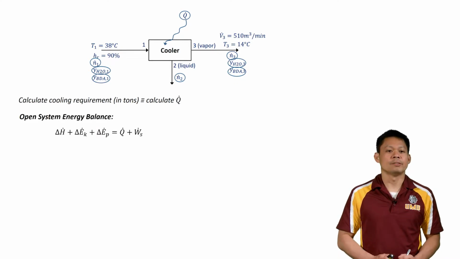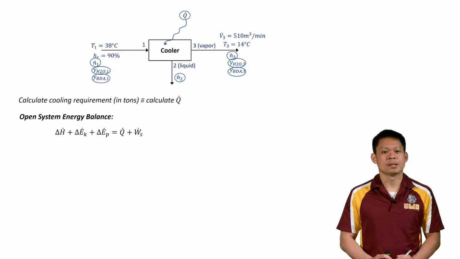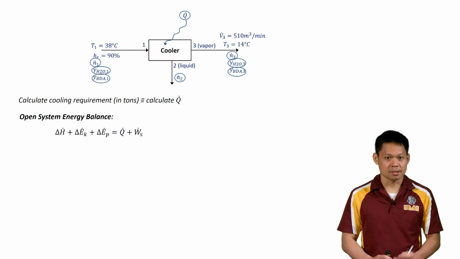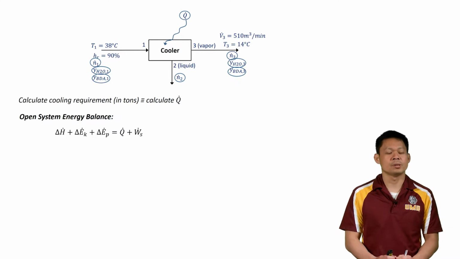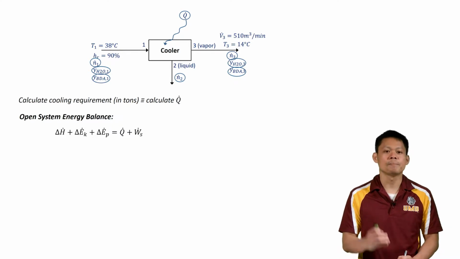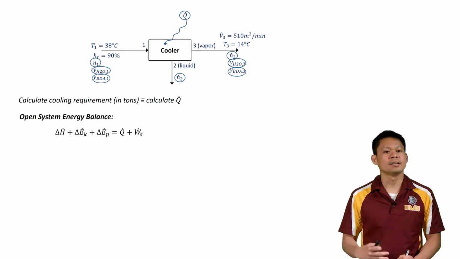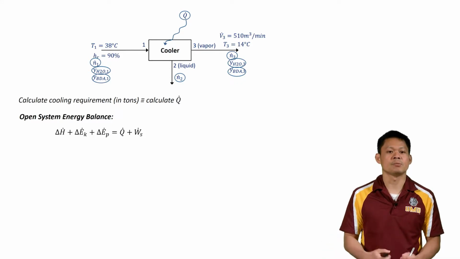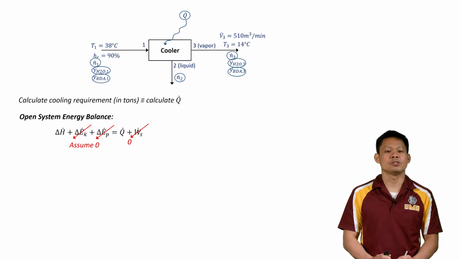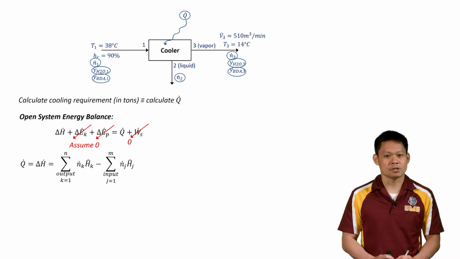So let's start with our open system energy balance. We're going to figure out which terms are 0. It's a simple cooler, so there's no shaft work. We're still going to assume kinetic energy and potential energy is negligible for now. At the end, once we have finished solving it, we'll prove that again using some numbers that we have or some assumptions. So what we have is delta H equals Q, and we can expand out our delta H